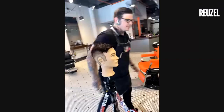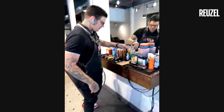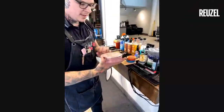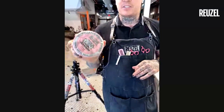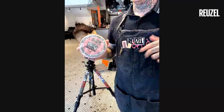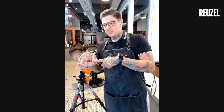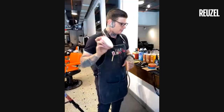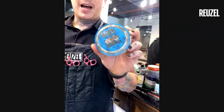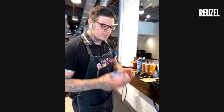So now we're getting to the blow dry products, right? My favorite products to use for a Scumbag Boogie, keep it true, keep it classic, keep it greasy. Products we're gonna use are our heavy grease pink, heaviest hold that we have that isn't water soluble. Smells good. I absolutely love it, especially the humid hot summers here in Florida. This is my go-to for styling for heat and humidity. I'm gonna top it because you can cocktail everything together, and that's why we made them. We made them all to work together, work well. So I'm gonna use the blue, strong hold, water soluble pomade, high shine to add a little more shine to my pink. But before all of that,